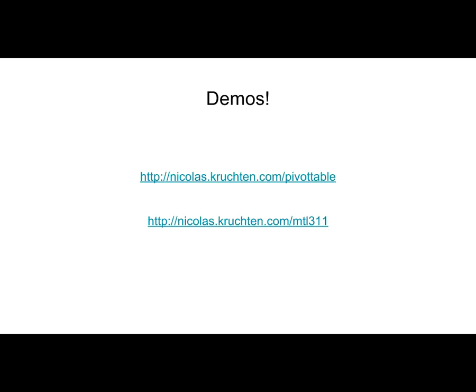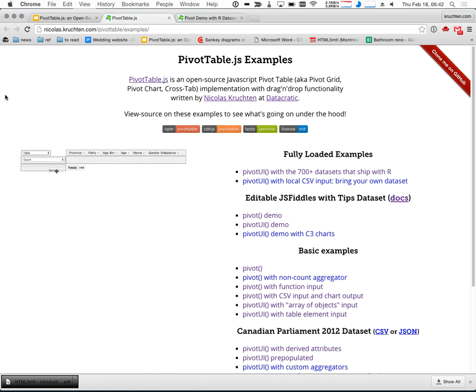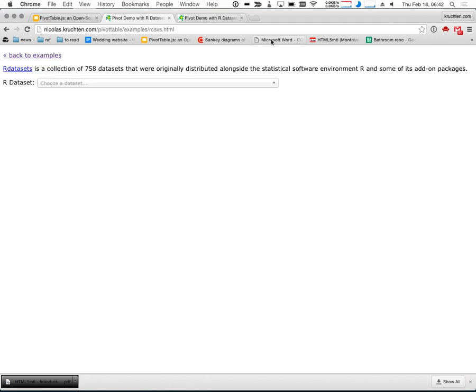So demo time. So here we go. This is the PivotTable.js website, and one of the main demos of it is basically I've loaded up all of the data sets that come with the data analysis software R. R is a sort of an open source data analysis platform. It comes with about 700 data sets preloaded that people use,